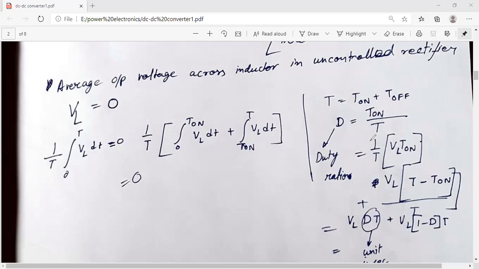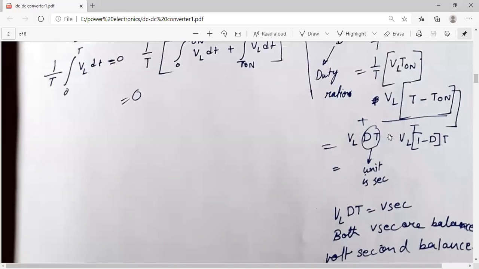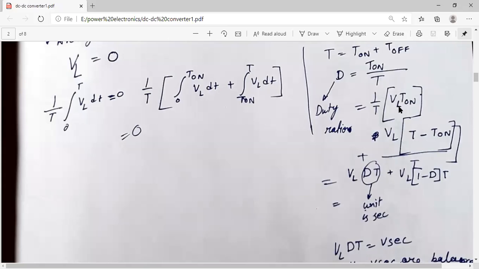This is the duty ratio, and so it can also be written as 1 by T into vL t on plus vL into T minus t on by T. So vL into t on by T,